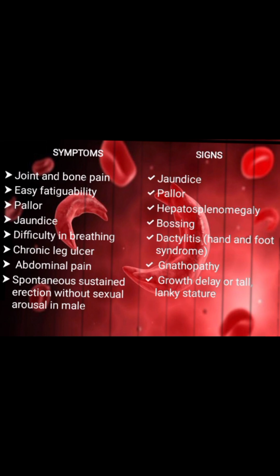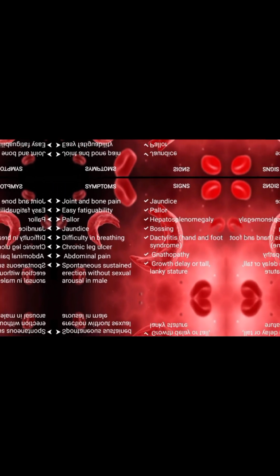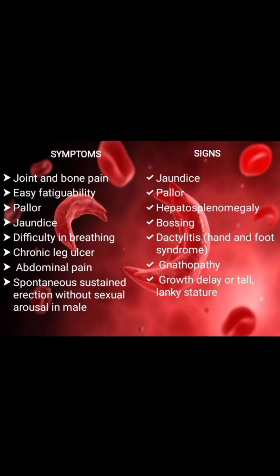So there are diverse signs and symptoms that a patient with sickle cell disease will show. For the symptoms, we have joint and bone pain. Mostly this is common in the vaso-occlusive crisis, whereby the red blood cells, because they have a sickle shape, will clinch together, occluding small vessels, hence causing pain. There are instances of easy fatigability. There is pallor,